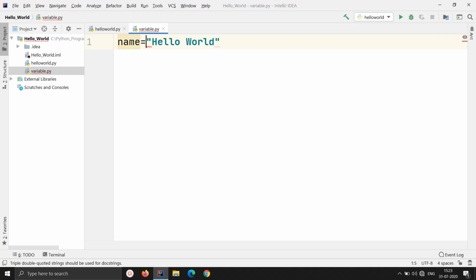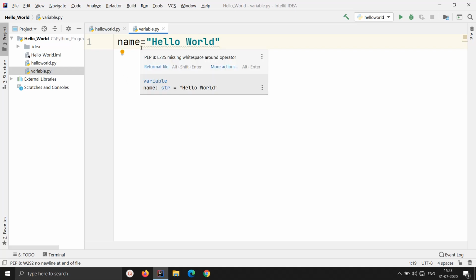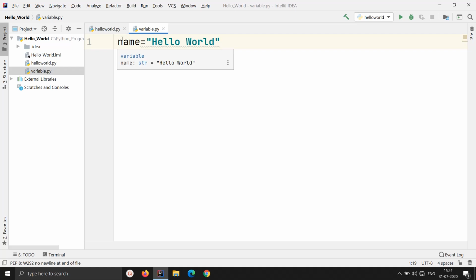I'm going to call my variable name. What I've done right now is I have used a label, and I am naming it name. And I am storing my data inside that particular name variable.